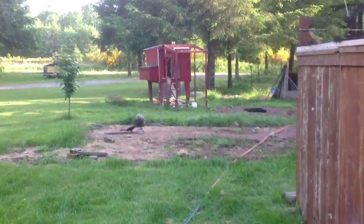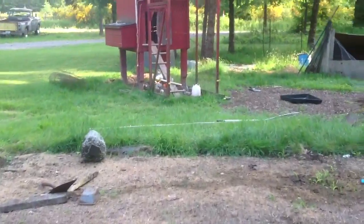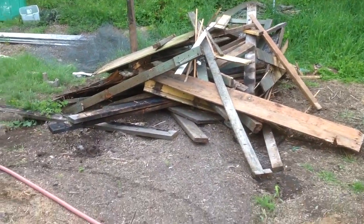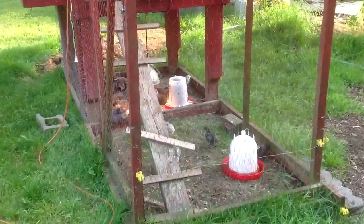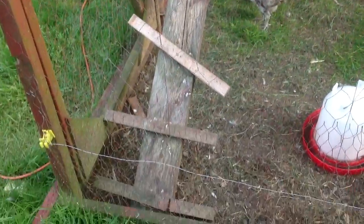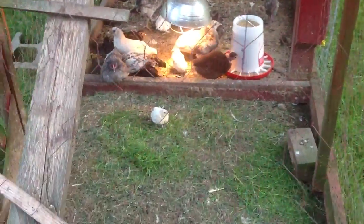And then over here in the red coop I got some more baby chickens. Here's the old chicken coop. I need to fix our little ladder. It's kind of falling apart. But anyway,